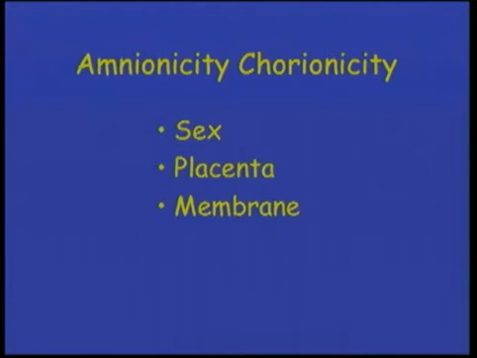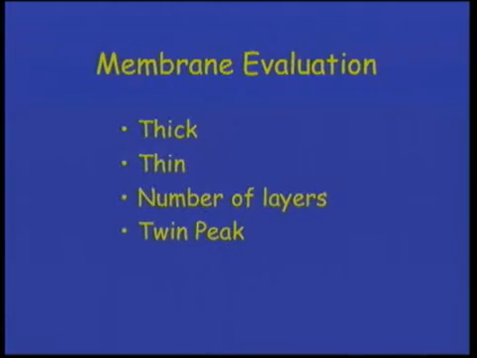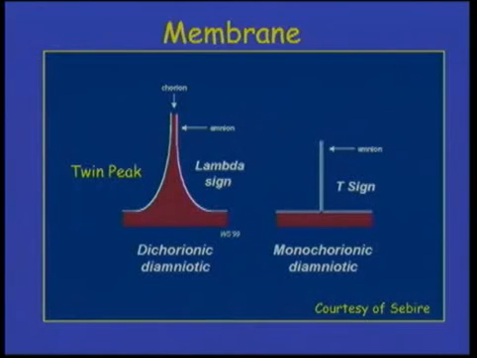We also look at the placenta. If there's a single placenta, we don't know, but if there are two placentas, we know that it's diamniotic, dichorionic. And then lastly, we look at the membrane. When we evaluate that membrane, we need to determine whether it's thick or thin. Some people will actually look at the number of layers, but the twin peak is very important in making this